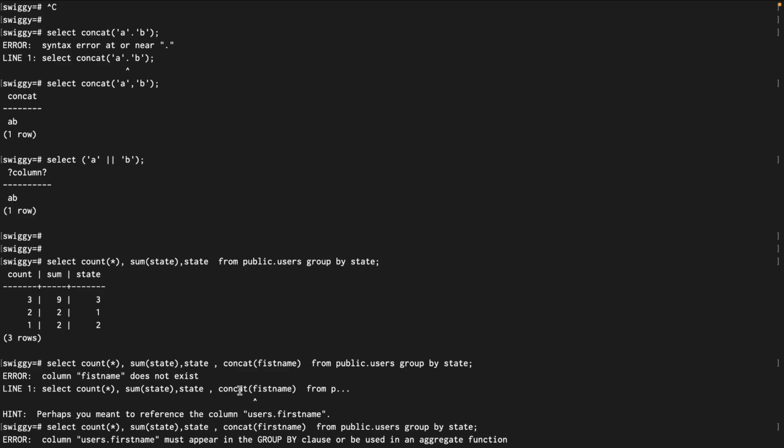Brownie points for guessing, because the thing is, this concat is not an aggregate function. This concat is a normal function. So what happens? Sometimes people get too excited, and instead of using only the aggregate function, they try to use normal functions as well with the group by clause. But the error in the first step,